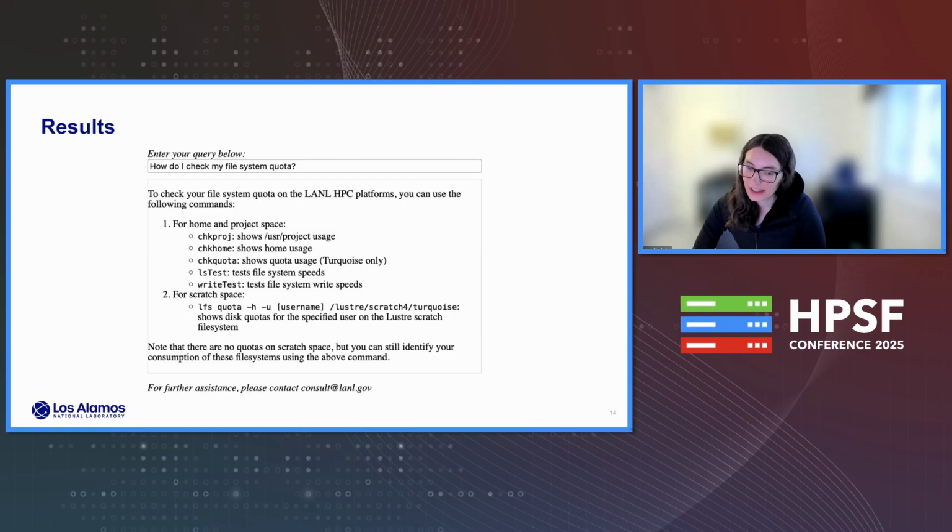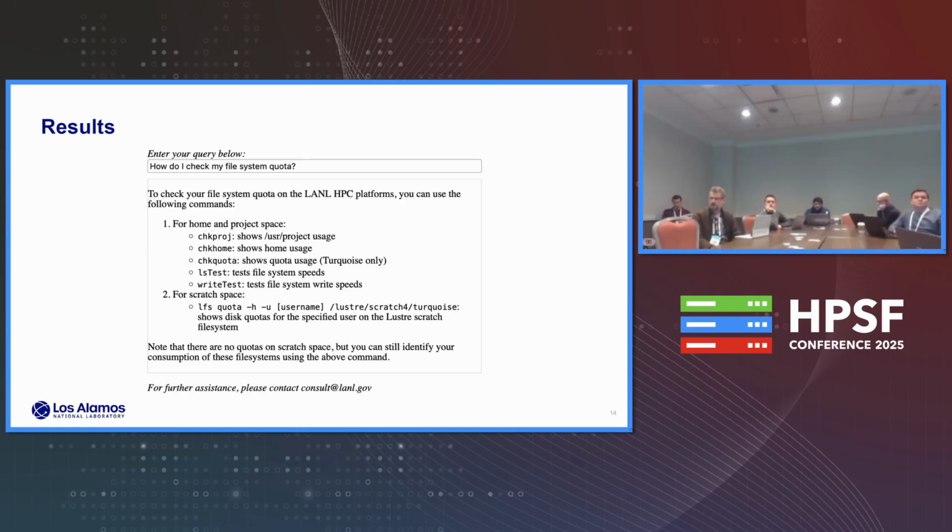And at Los Alamos, we have these homegrown utilities to check your file system quota, check proj and check home. This slide demonstrates how it's actually using the context that we gave it and giving us answers that are specific to our systems rather than general solutions that wouldn't work.